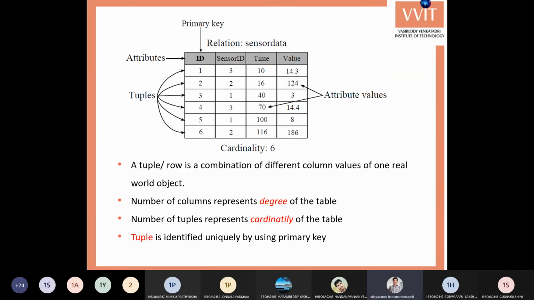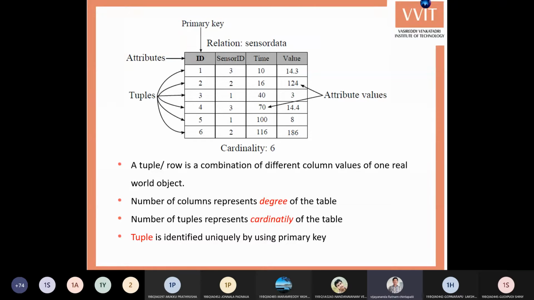So already we have seen that record based models maintain a format for data. What is that format here? In hierarchical, it is a tree structure. In network, it is a graph. Like that, in the relational model, data is organized in the form of relations. A relation is nothing but a table. That means the entire data is maintained in different tables, and these tables are connected with the help of some constraints.